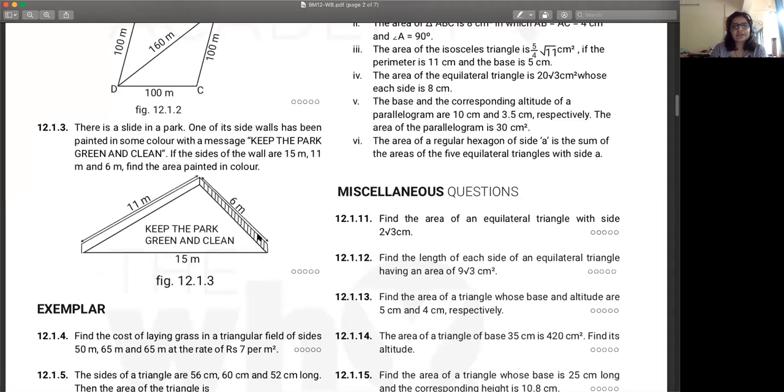Okay. So again, very simple question. You're given 3 sides, you need to find the area of a triangle. So Heron's formula directly apply karke, you can easily find it. Athar has already calculated and he's sent me the answer. I'll just have to calculate and check, Athar. Thoda time lagega, just give me some time. Vansh also has sent, but both of you have gotten very different answers. So Athar, just check if you applied the square root the right way, because that's where the difference is in both your answers.